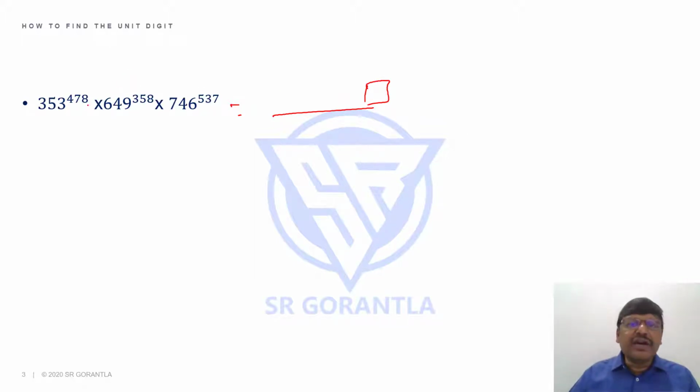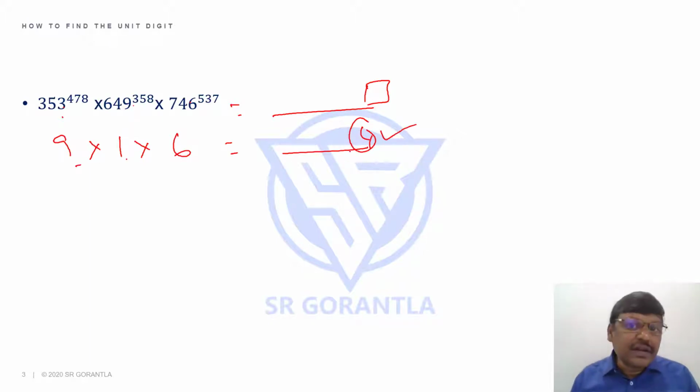Students, if you ask me, in a few seconds we can answer this. Say the unit place of this will be 9. The unit place of this is 1. The unit place of this is 6. So 9, 6, 5, 4 means the unit place is 4, I can say. Students, if I can say, you can also say. It's a matter of just knowing a few basic concepts. We'll come back and discuss how this answer has come.